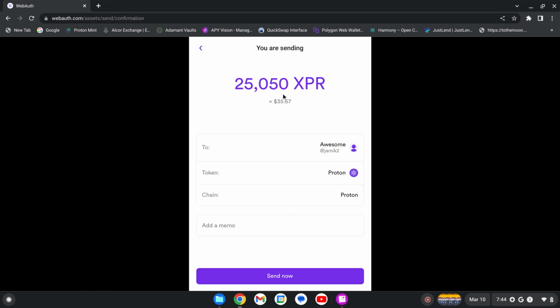So I'm actually going to send it from my Jamie K wallet to my Jamie K2 wallet. And I'm going to send everything. And I'm using the Proton chain. It's the Proton token that I'm sending. I'll add a memo. Let's put Felicidades to Jamie 3, or Jamie K2, sorry, and let her know she got some money. Okay, so I'm gonna hit send,